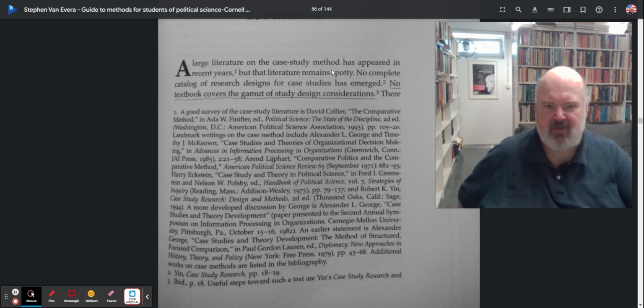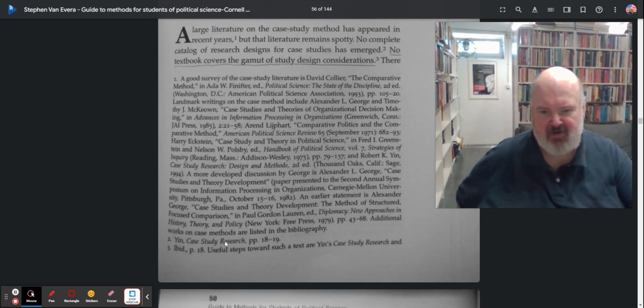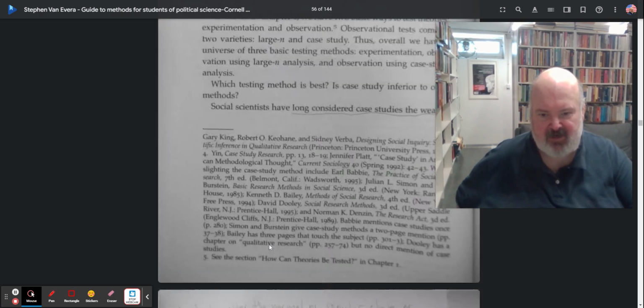So he says that in recent years the literature remains still sparse. No complete category of research design for case study has emerged. This is what Yin says in Case Study Research. No textbook covers the gauntlet of study design considerations. He goes on, usual steps towards such a text are Yin's Case Study Research and